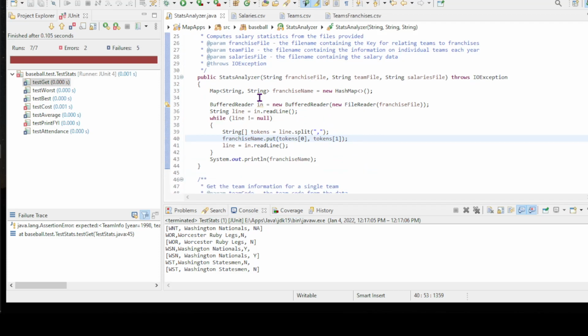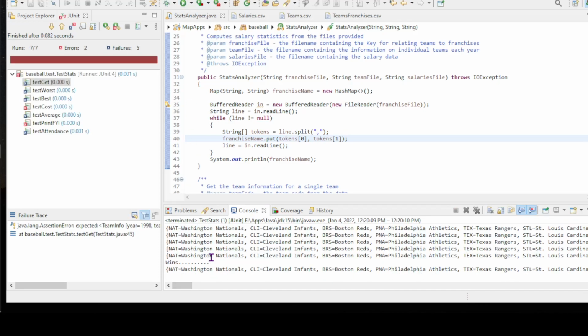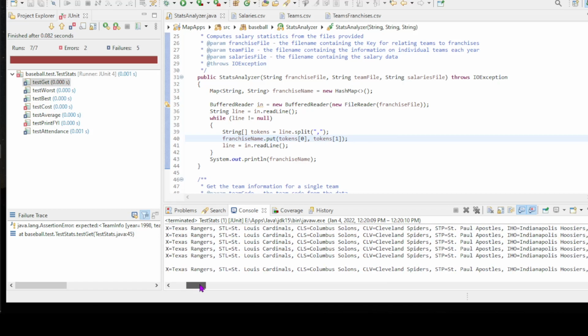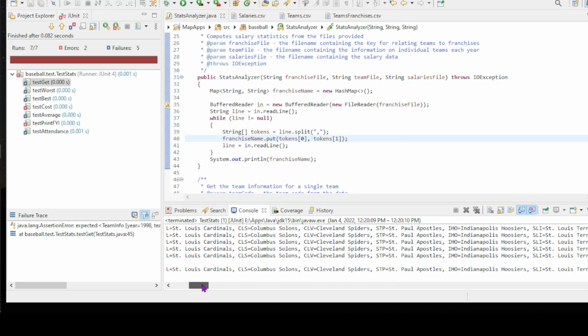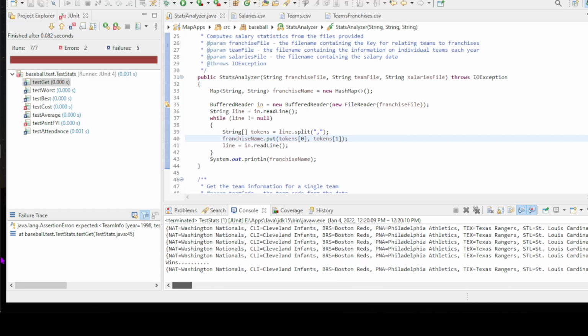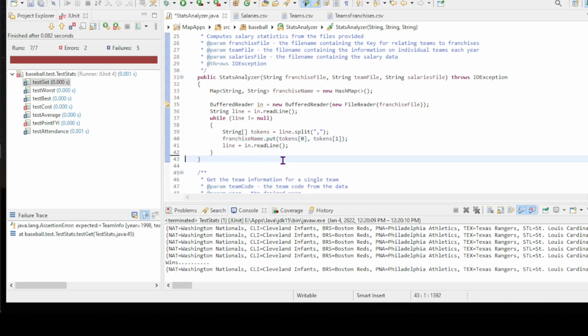So this is the first entry of maps inside of here, which then has, for this key, WOR, it's going to tell me it's the Worcester Ruby Legs, the baseball team. And again, there you go. So the Nationals, NAT is the Nationals. Oh, the Cleveland Infants, CLI. Maybe they'll go back to Cleveland Infants, but there's all of the mappings inside of there. So there is my franchise file. So let me